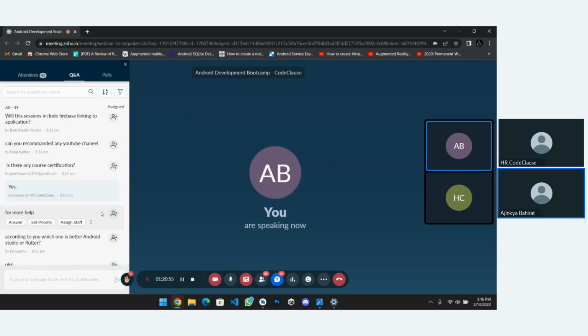So according to me, Android Studio is better because we can create our own Android applications. Now, if we choose Flutter, why are we choosing Flutter? Because it's cross platform, right? Like for iOS development. But if you have your Windows machine, then how are you going to run your applications? If you have an iOS device or an iPhone with you, then no worries. But if you just have your Windows laptop, there is the issue, right?